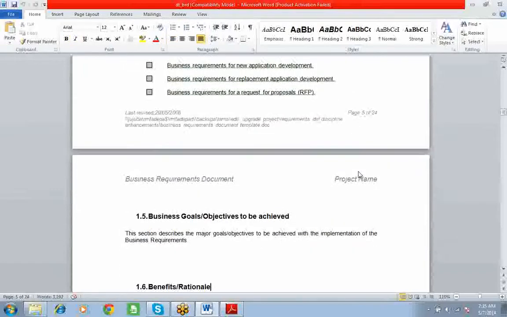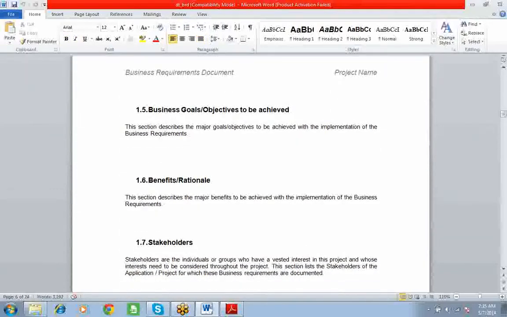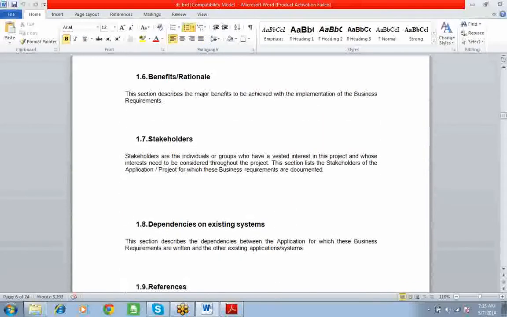Now let's see business goals, objectives to be achieved. This section describes the major goals, objectives to be achieved when implementing the business requirements. I told you already. Benefits, stakeholders. Stakeholders are the individuals or groups who have vested interest in this project and whose interest needs to be considered throughout the project.